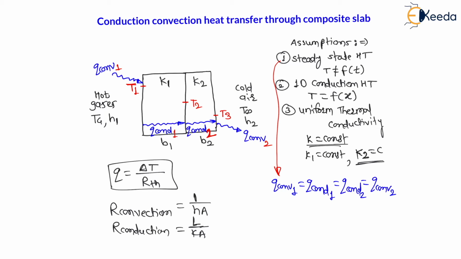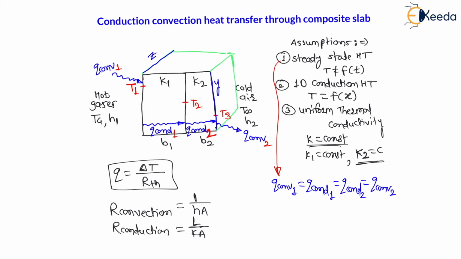Now if you observe carefully, if I consider the convection area, this slab will have some width. Let us say the width of the slab is in this z direction, right? Now my dear students, this dimension is, sorry, the z dimension. And here the height, let us say, is the y dimension.